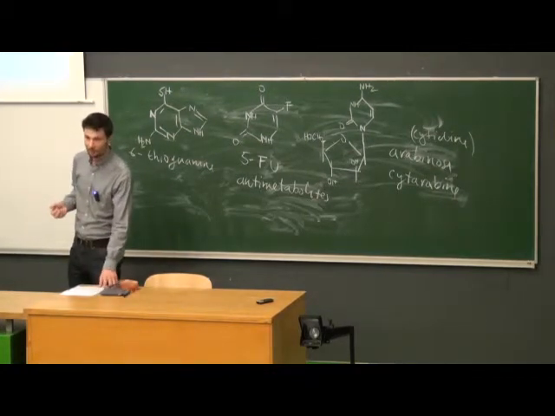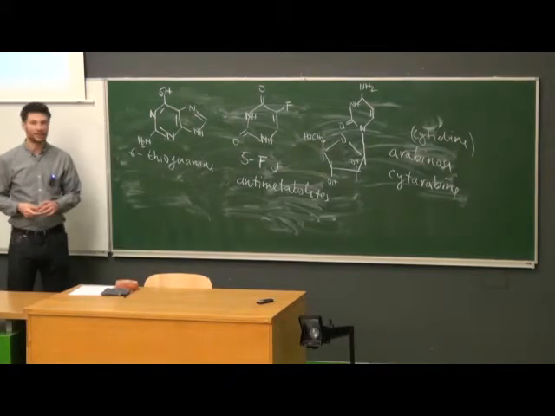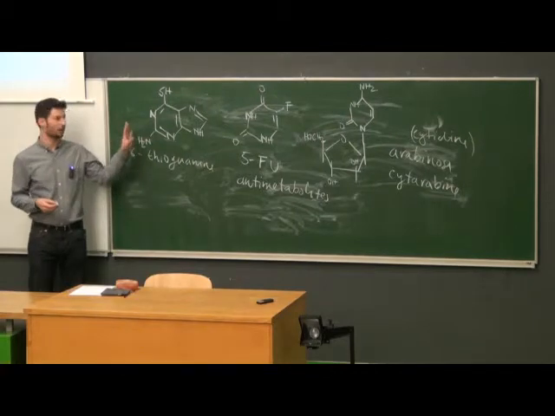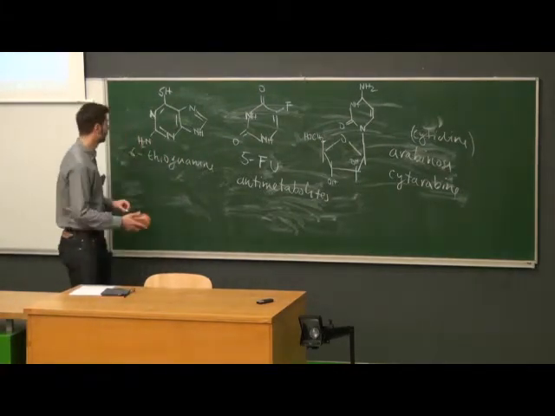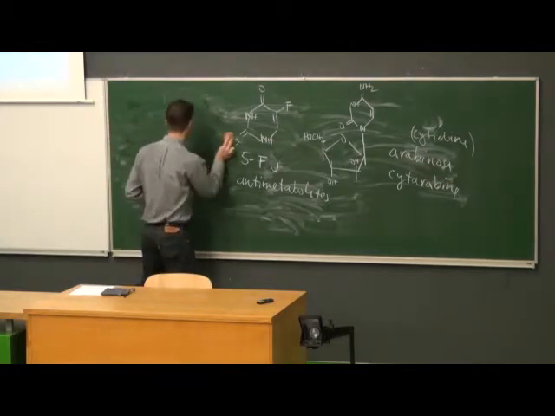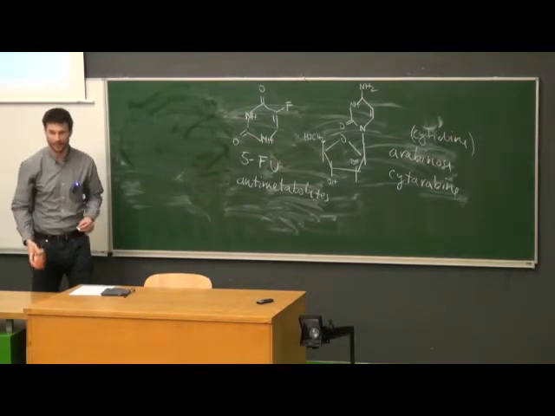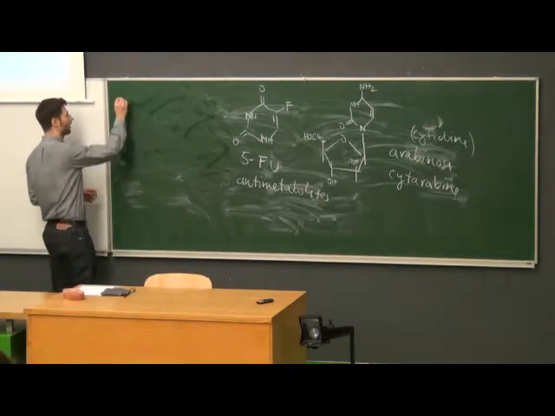The last member of the group of antimetabolites is a very different compound that doesn't look like any of the bases. So I'm not going to draw it because it's a more complicated structure. But I'll definitely mention it by name because it's, again, one of the most important anti-cancer drugs used. And it's called